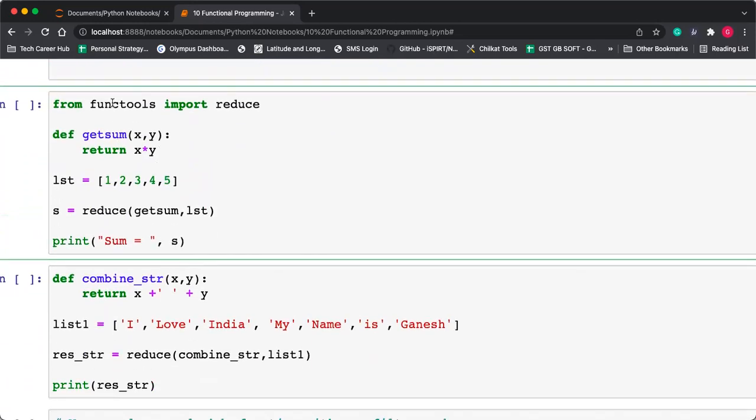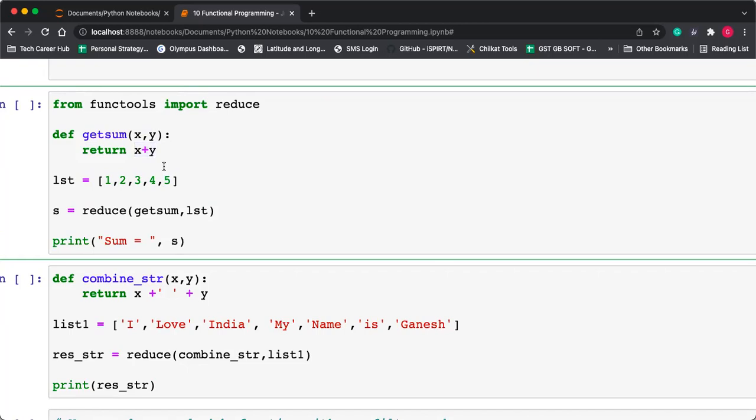अभी ये देखो ये क्या करेगा, यहाँ पे हमें क्या करना है, we want an addition. अभी हमने एक फंक्शन लिखा है, देखो get sum function. Get sum function will take the input x and y, दो इनपुट लेगा और रिटर्न क्या करेगा, x प्लस y. ओके, x प्लस y रिटर्न करेगा.